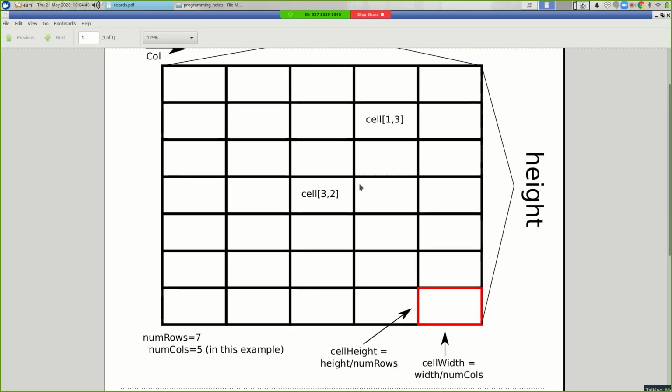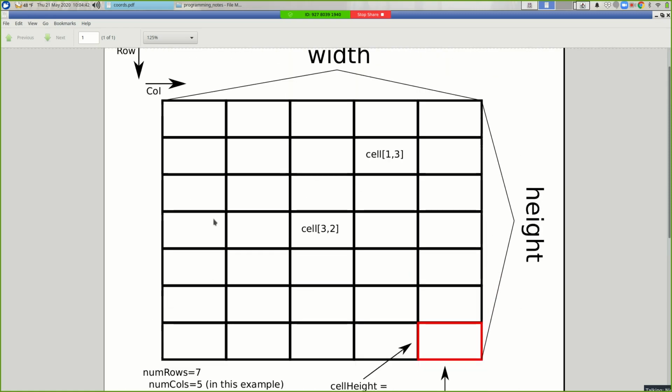But imagine a display area with a certain width and a certain height, right, called width and height. And imagine you want to picture this as being broken up into a number of cells or boxes. Okay, and I'm going to set some variables. Number of rows is how many rows we have. Okay, so rows run horizontally. And number of columns is the number of up and down columns that we have. Each column runs vertically. So in this case, I've got 7 rows going up and down, and I've got 5